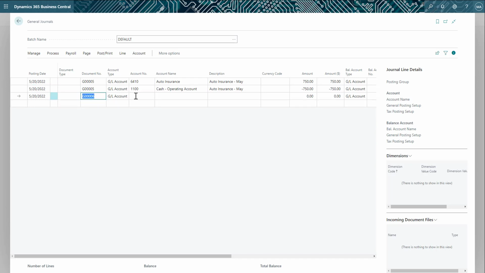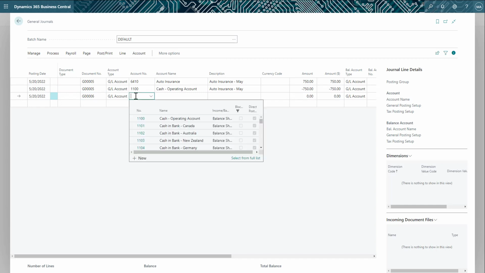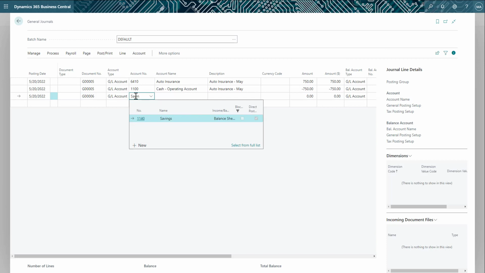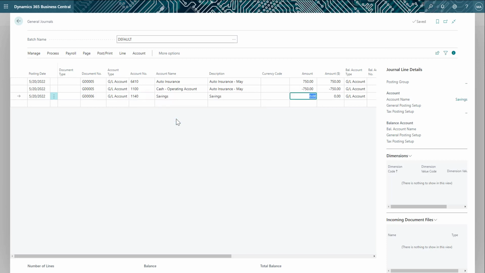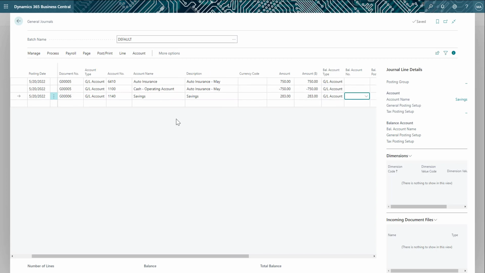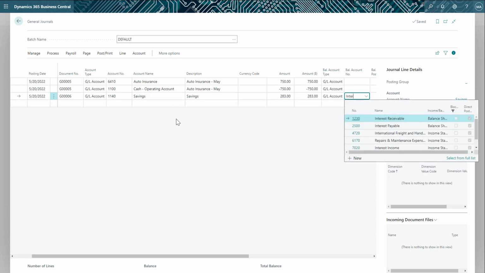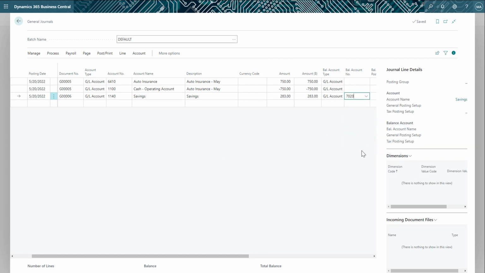You can see how it's automatically filled in the document number for me, and I can start entering in the savings account and the amount of interest earned. Next, I can enter in the offset account that will automatically be credited. And this is an example of a quick and efficient way to enter in a lot of journal entries all